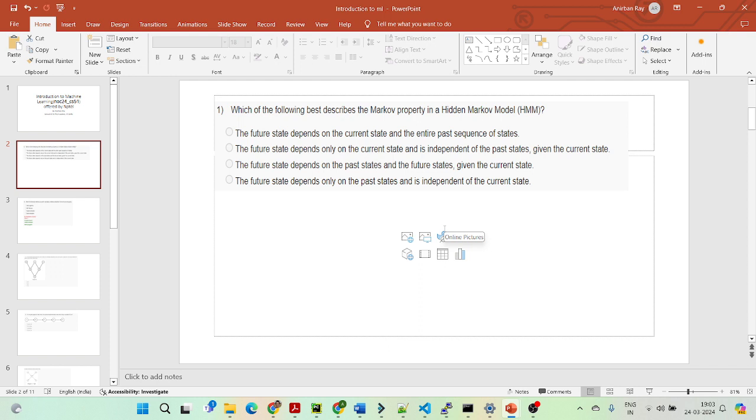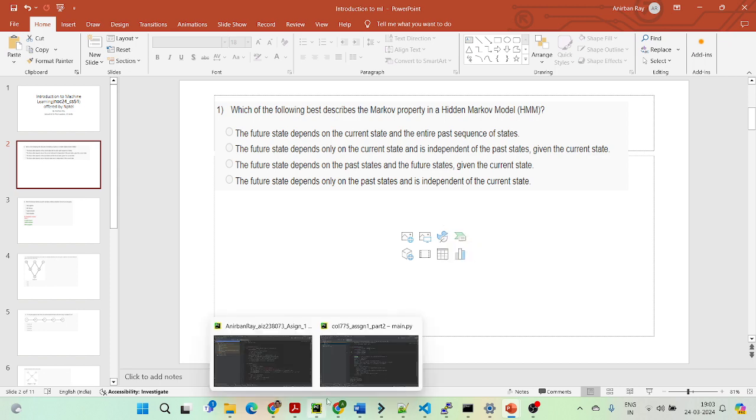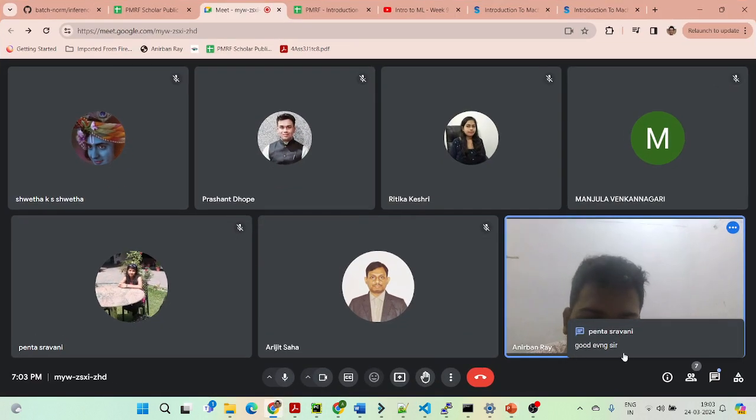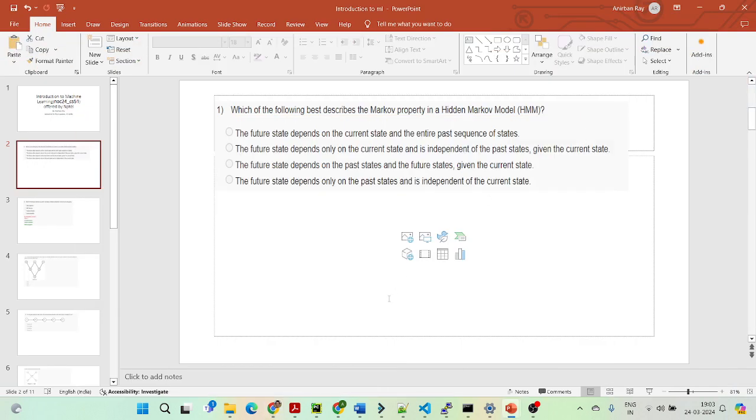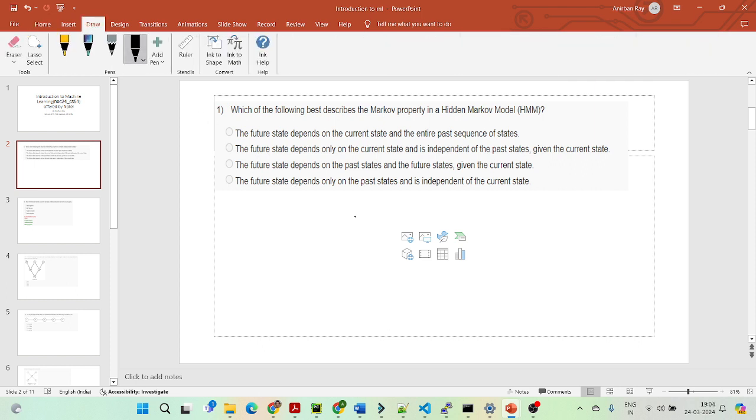So the question is from the lectures only. Hidden Markov models means sequential events happening, like with time. So what happens is like